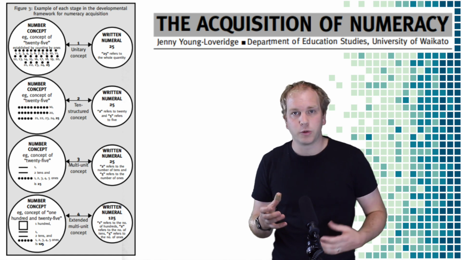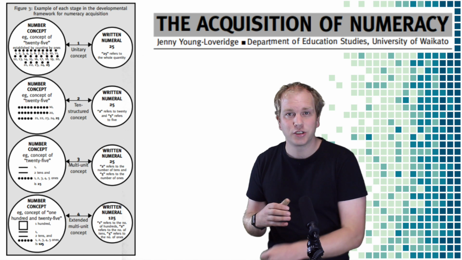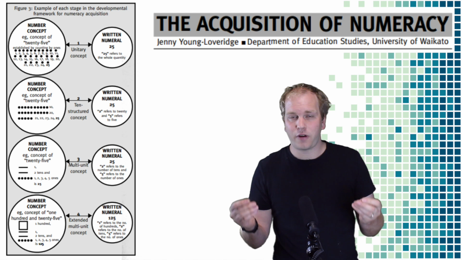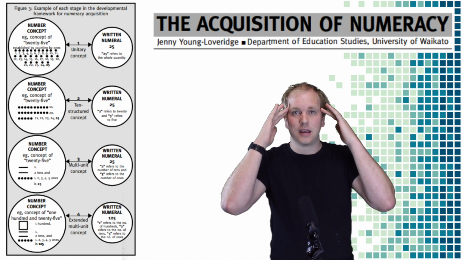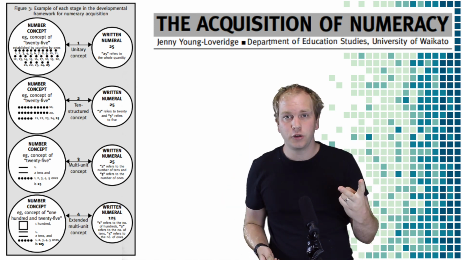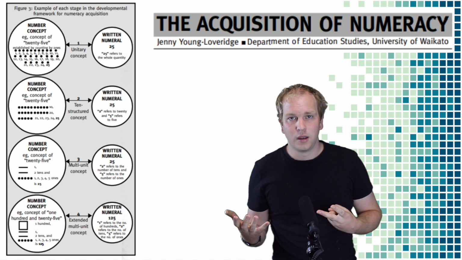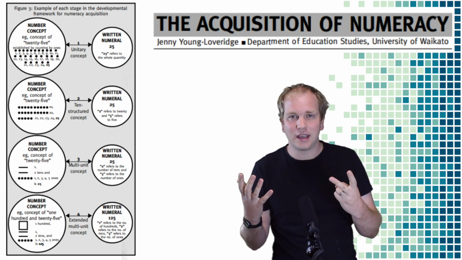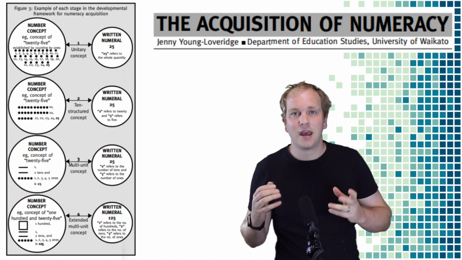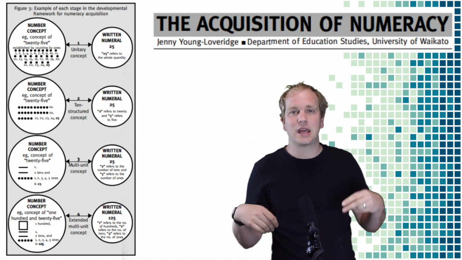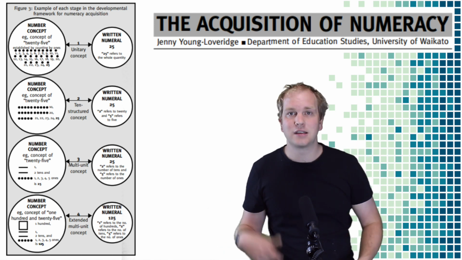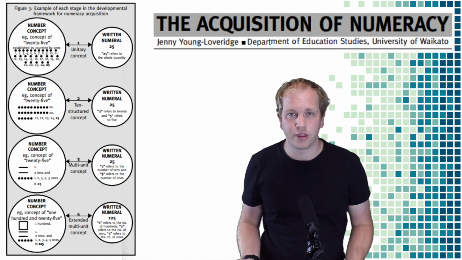But the third stage, which is often that transitional stage, is when we've got the multi-unit. So now, instead of holding 25 things in their head and perhaps structuring them in decades, they're just aware that, well, I've just got 2 tens and 5 more. You can see that this different way of thinking reduces the cognitive load. It simplifies what they're imagining in their head. And so when they're at this stage, if I said, well, you've got 25, 10 more, they can just think, well, I've got 2 tens and then 1 more is 3 tens, I'll have 35.